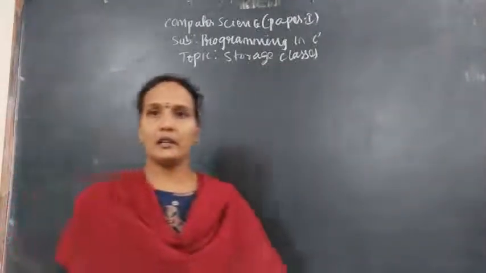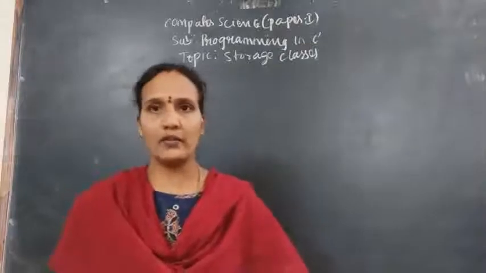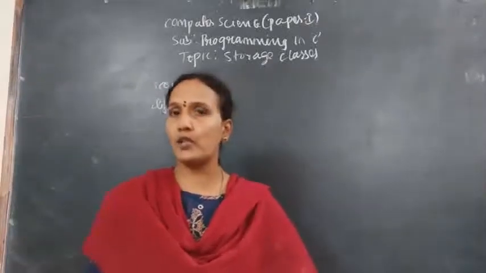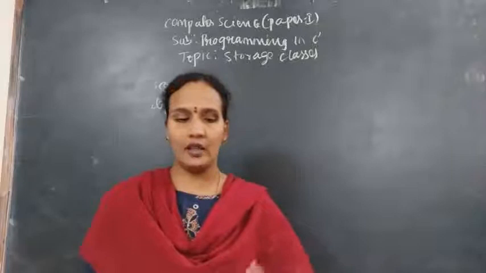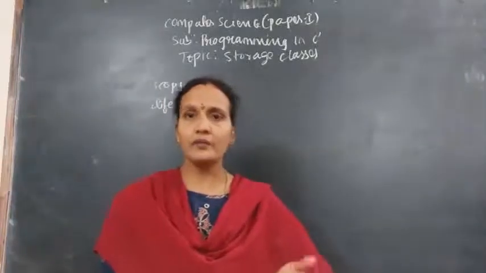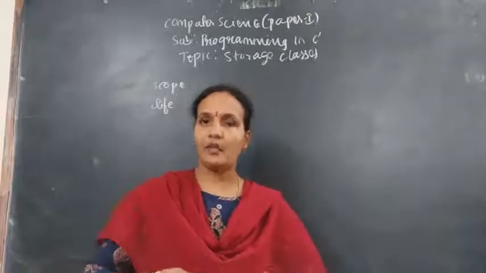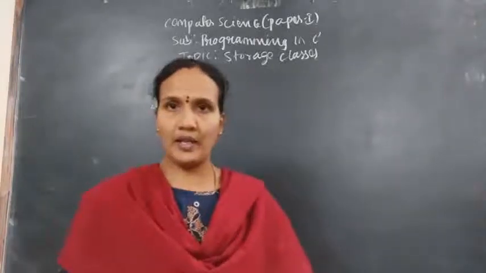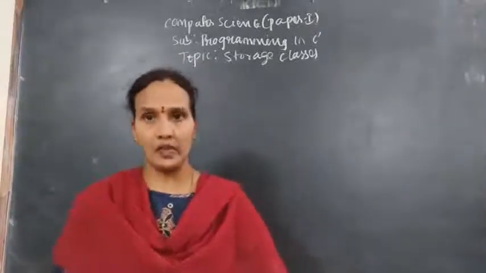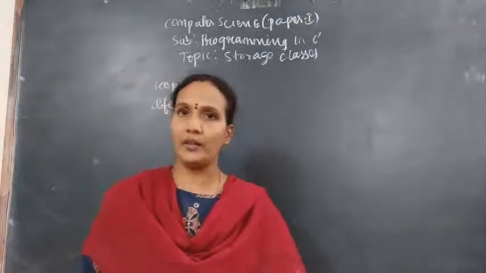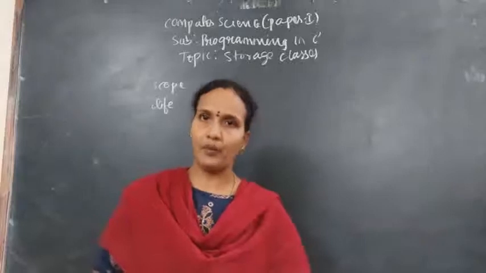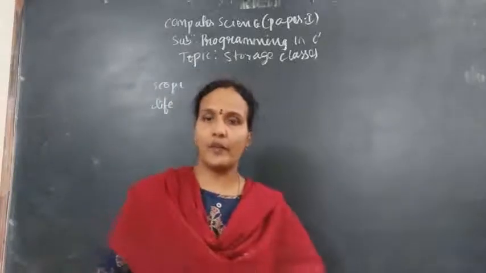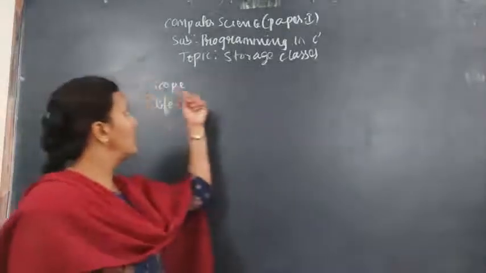Okay, what information will it give? About two things it will give information: one is a scope and the second one is a life. Already I have explained scope. What is the scope of the variable? Three types of scopes I have explained: local, global, formal. Scope is nothing but the area where the variable can be used. If you have declared any variable inside the function, it means you can use that variable inside the function only. If you have declared any variable as a global variable, you can use that variable anywhere in the program. So the area, the boundaries where the variable can be used, is nothing but the scope.